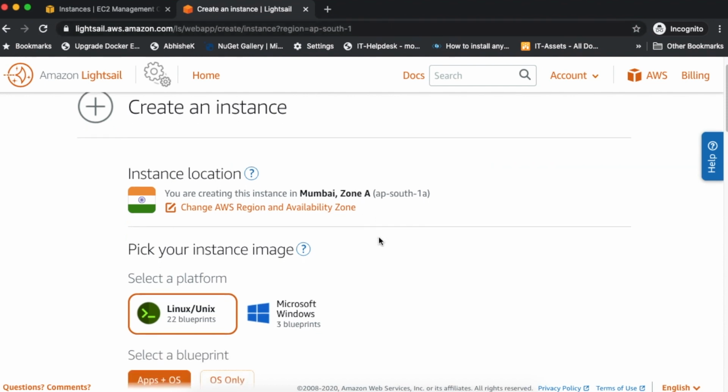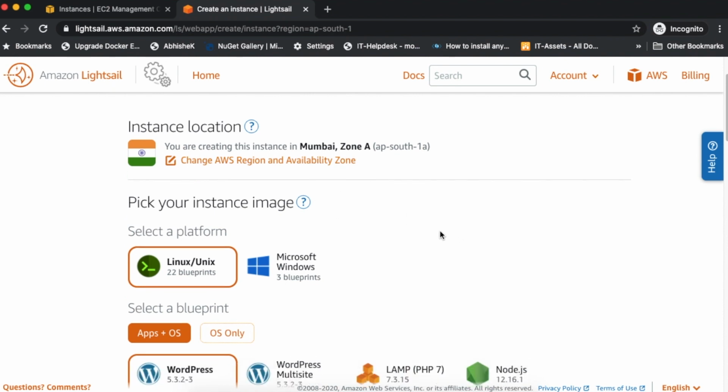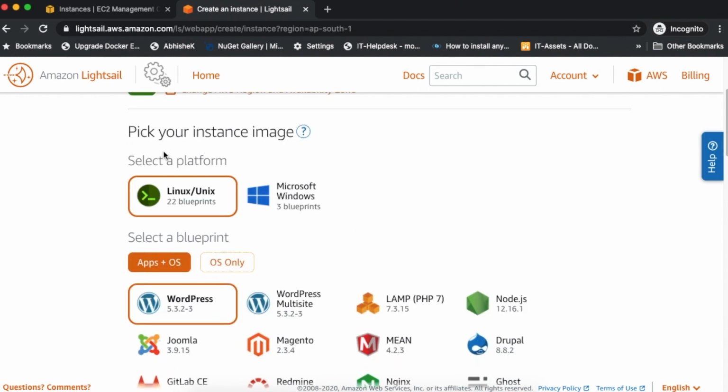Here you can see that the instance location is asked. So I select my default region. Here you can see pick your instance image. You can use Linux, and you can use Microsoft Windows also. Which flavor you need, you can select here.